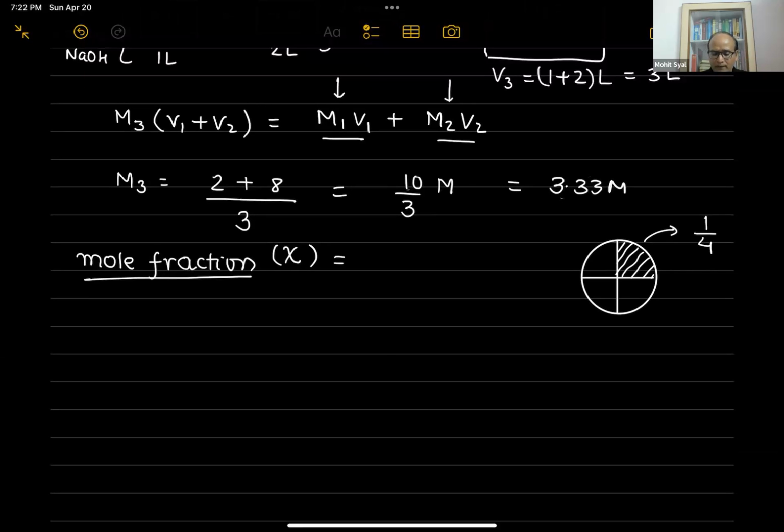Yes, sir. Mole fraction, and as Marwa told, of a component, if you have A and B, and you have moles of A as Na and moles of B as Nb, the mole fraction of A will be the fraction of moles of A, that is moles of A divided by total moles. Total moles are Na plus Nb. Mole fraction of B will be,